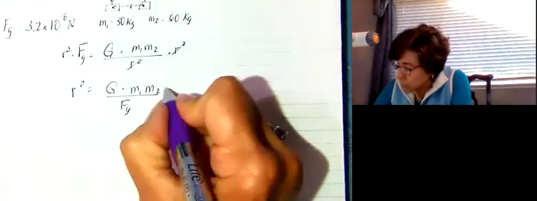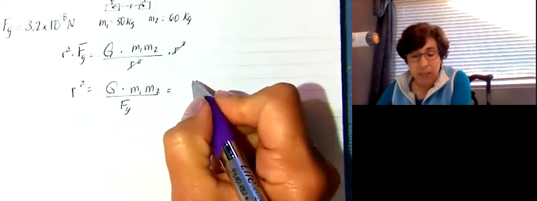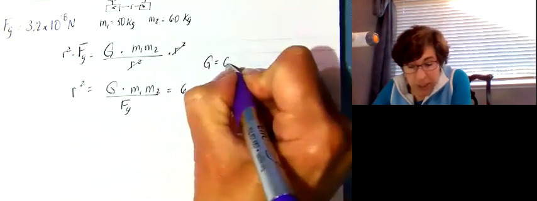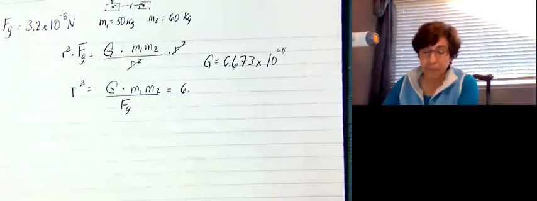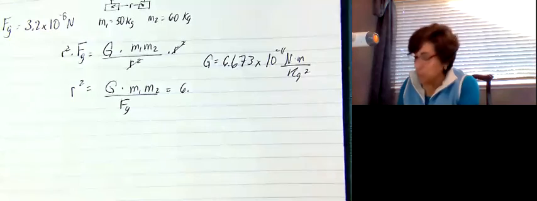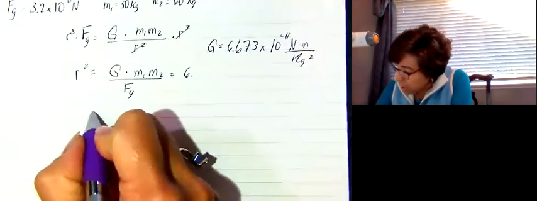All right, usually the book will tell you, or somewhere in your test it will tell you, that the number G, here I'll write it, G is 6.673 times 10 to the negative 11. And what are the units? It's Newton meters squared divided by kilogram squared. All right, so I'm going to write it underneath because this is going to get kind of big. All right, so R squared